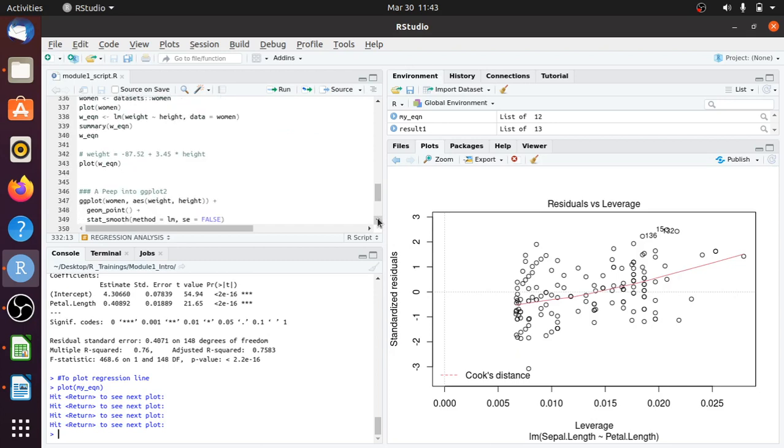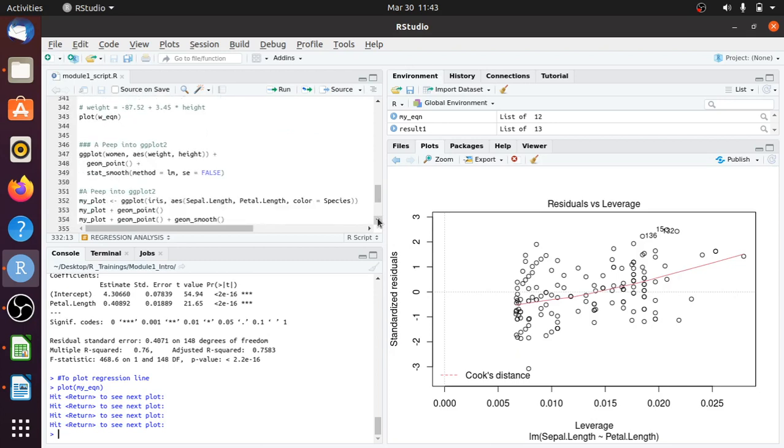Okay, so now let's have a peep into ggplot2 when it comes to this linear model, for you to see that what we cannot do effectively with base R in terms of linear models, we do effectively with ggplot2. Let's say I have my ggplot2